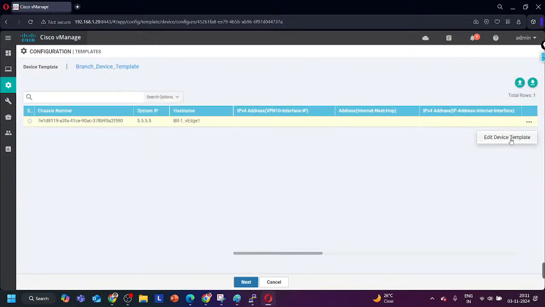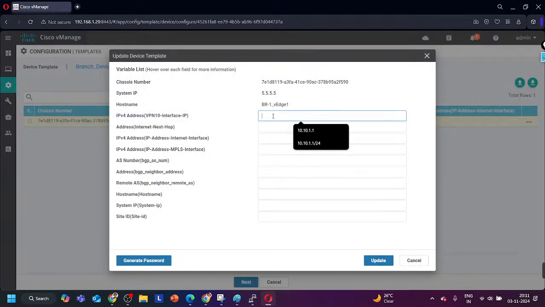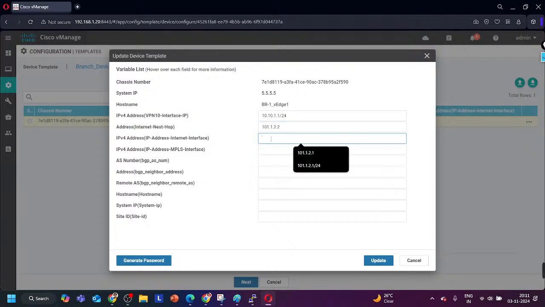Three dot, edit. 10.10.1.1 on VPN 10 interface, fine. Next hop IP address, correct. The internet interface IP address, then MPLS interface IP address, then the AS number 1, BGP